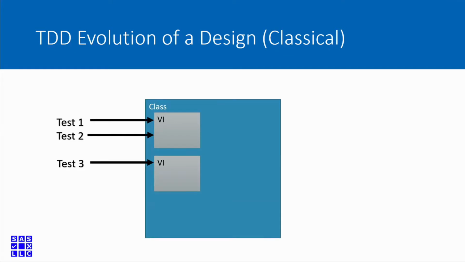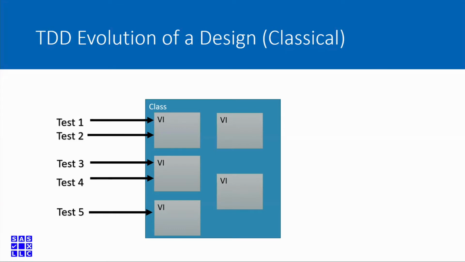Standard so far. We add some more behavior that we want to test. We write a test for it. We add it to one of the VIs. At some point, we have to add another VI. Right now, we've got several VIs in a class that implement all these behaviors that we want. Each of these tests represents some sort of behavior. And at some point, part of the refactoring steps is you do some refactoring. So TDD is red: write the test, if it fails; green: make the test pass. And then the next step is refactor. So at some point we refactor and we end up with a bunch of private methods. So we've got all these VIs inside our class that aren't exposed by the API.